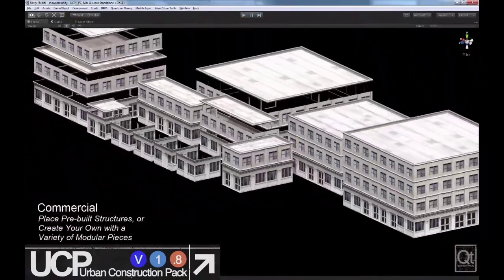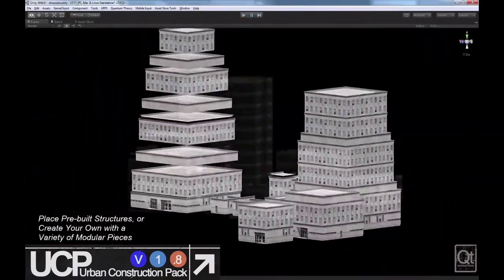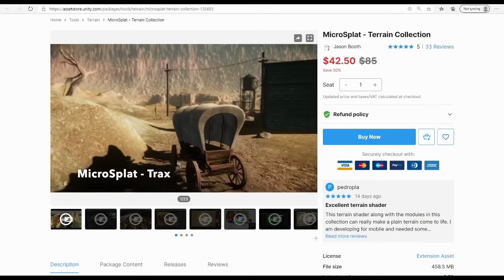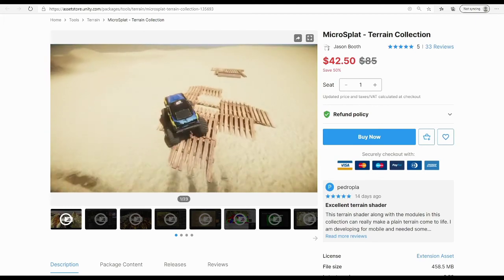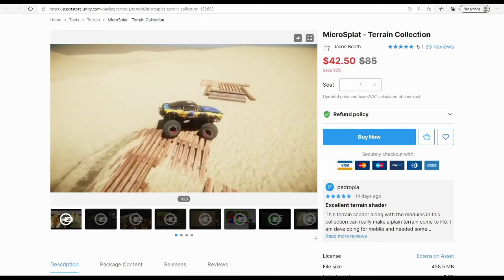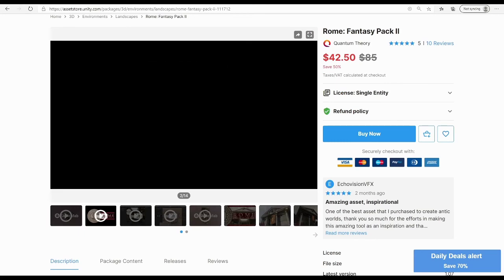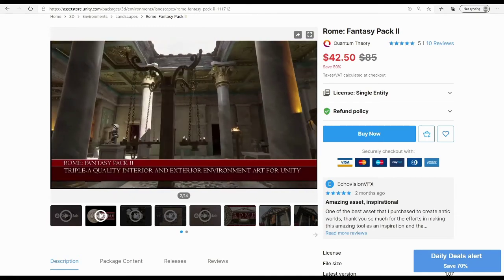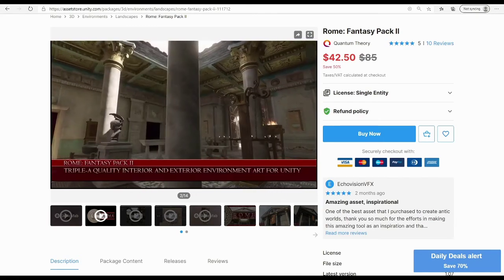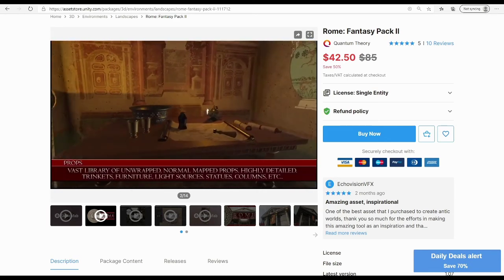So you are getting on the Asset Store a pedigree of potential AAA developers working on your project as well. That's what I like to say, is that the Asset Store is where somebody in their bedroom could be working on a game with people from Ubisoft or even Rockstar. You don't really get that, do you, when you go onto a forum and say, would anyone like to help me with my game? But when you go to the Asset Store, you can get some ready-made stuff that is